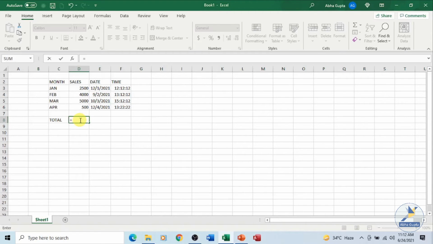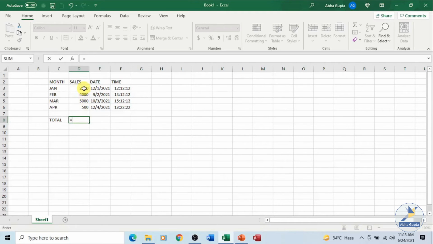Either you enter the formula over here, or you can go to the formula bar and enter the formula there. I have placed an equal to sign. Once you have placed it, it is followed by your cell references, that is, which cells you want to include in your formula, where your numbers are present and on which you want to perform some calculation. Over here my sales data is in cells D3, D4, D5 and D6. So in simple terms, what will be my formula? I want to add all these things.